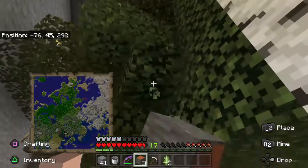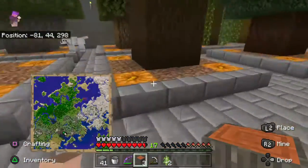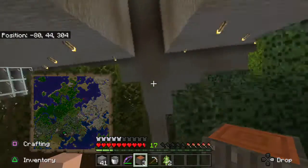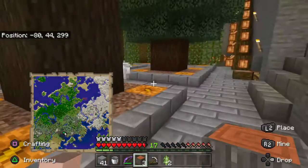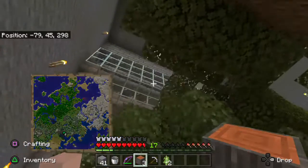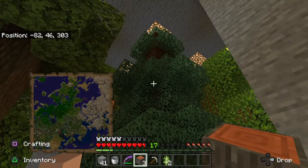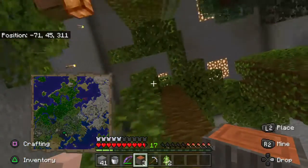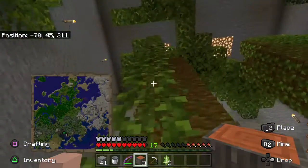This, for anybody that does not know, is a 15.5 block space. So this will be 15 blocks. From here to the ceiling up there is 15 blocks. And then we've got the half slabs at the bottom, which will make it a 15.5. From the bottom, where the saplings are, it's 15 blocks up. And the reason I did that was so that I could get the taller spruces, the taller 2x2 spruces, and jungle trees themselves actually have to have a